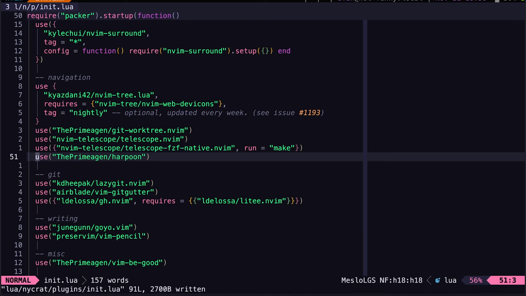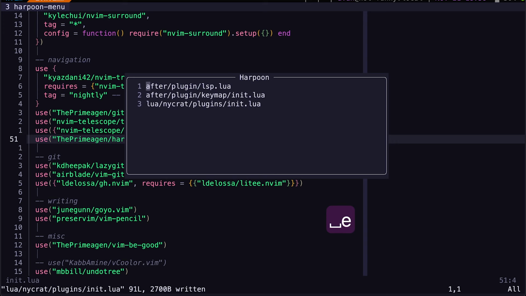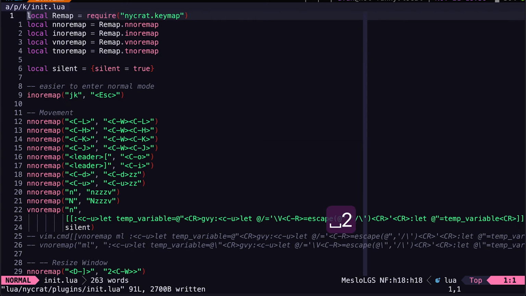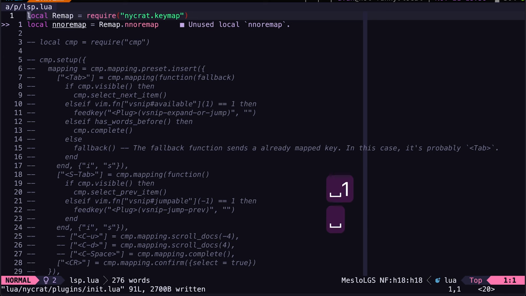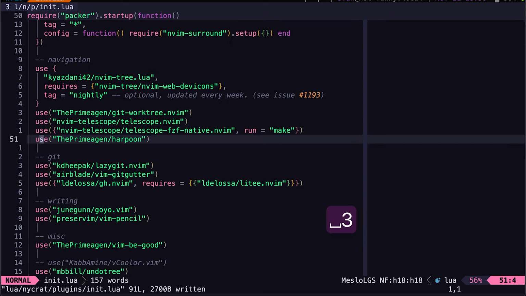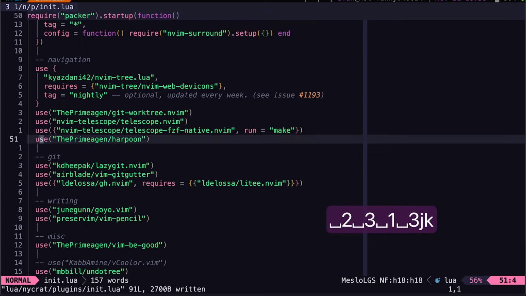Harpoon, there's a plugin that lets you jump to files that you've marked. So let's say I open here. This contains all the files I've marked currently. If I have it keybinded, so if I go leader 2, it just jumps to that file, right? Like, let's say LSP, it jumps to this file. If I go leader 2, it jumps to the second file, leader 3, and it can be pretty useful when